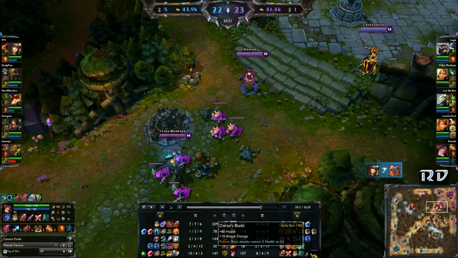Misfortune, Dorn's Blade. Still got a Dorn's Blade, still got a Crystalline Flask. Sell those items, get what you're working on. Which, to my guess, she's got a pickaxe. She's likely going to build...